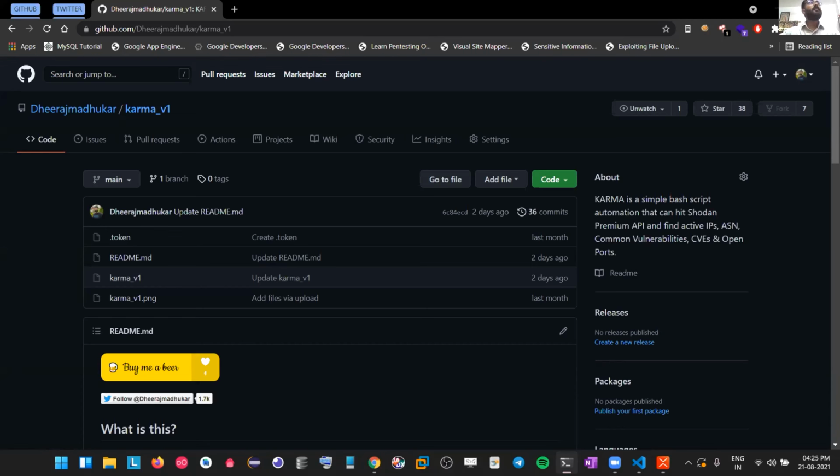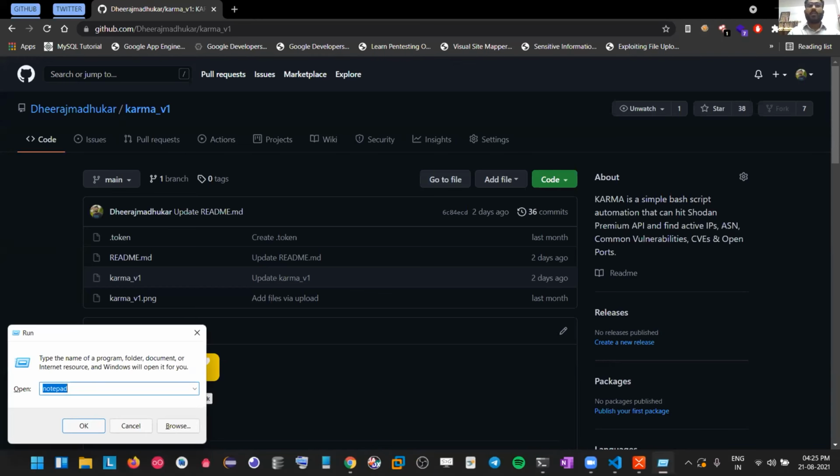Nice. So let me tell you something. There is one way to use Shodan, which is the GUI. That is this part. And the second way is to use Shodan on the CLI. So if you want to use Shodan on the CLI, you need to install it. So number one,